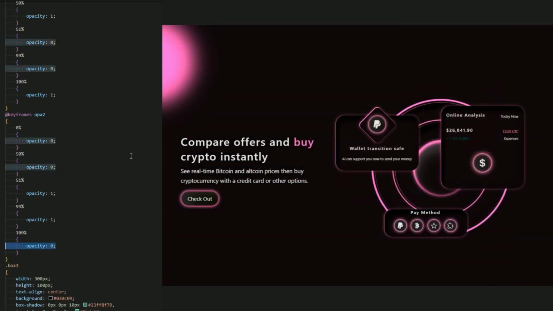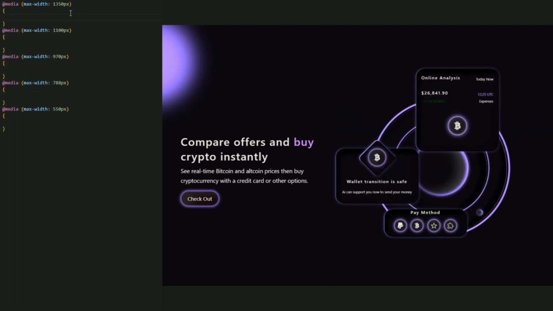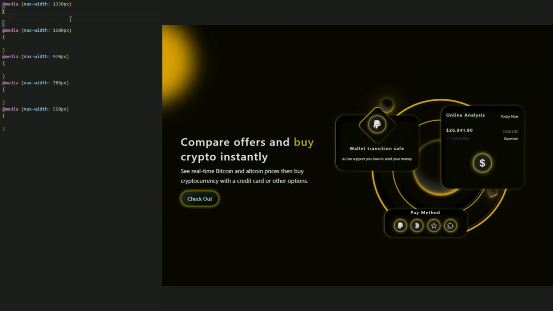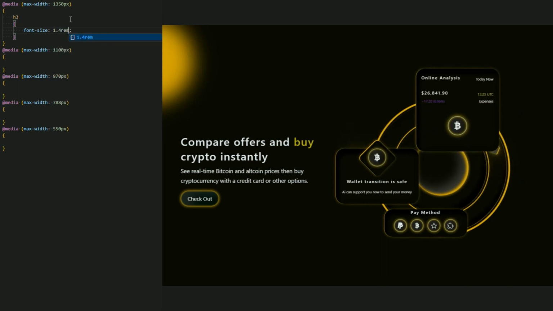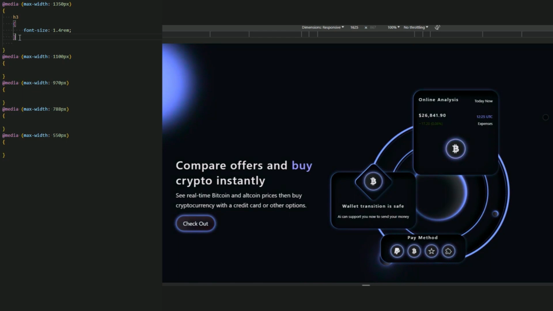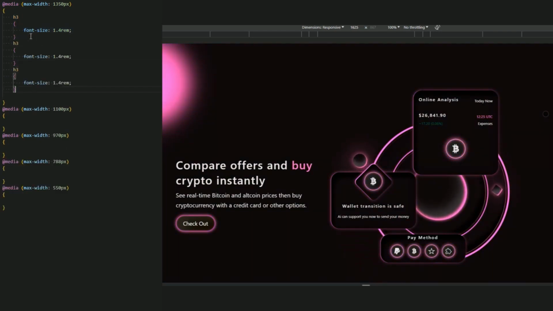And yeah, okay, now for the media queries of this website, guys, let's do it quickly to finish the lesson. First, let me decrease the font size of all the fonts. Let me start with the H3, font size 1.4em, and the H1. Let me copy and paste it 2 times, 3 times, or one more time.